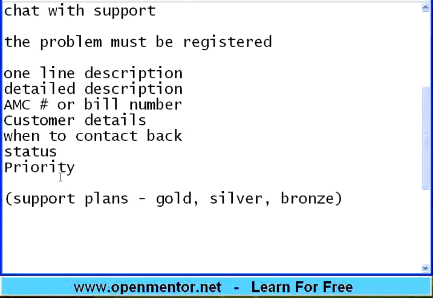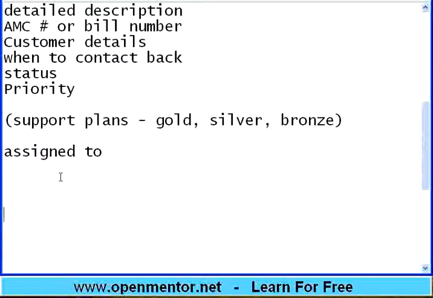Of course they have to assign the problem to somebody, right? I would say assign to. Within the support team they will assign the problem to someone to solve that. Again, there are certain things called level 1 support, level 2 support, level 3 support. Within the customer support team there are different team members who are associated with that. Typically level 1 will be people who are attending the phones or emails, so first contact happens with them. So they will be given a simple checklist to troubleshoot the problem.